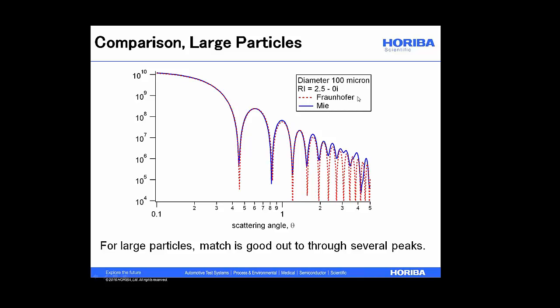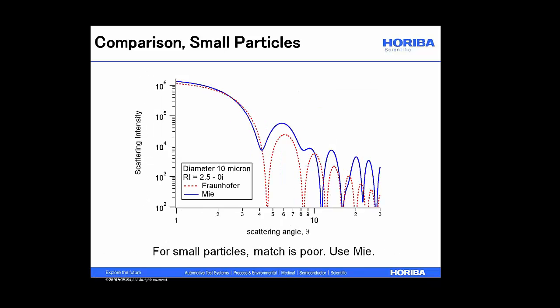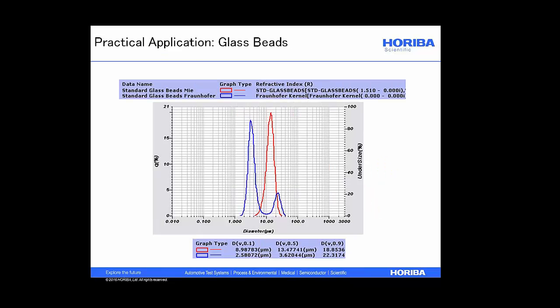Quick comparison of Fraunhofer versus Mie. Works quite nicely at 100 microns and for angles up to about, let's call it 1.5 degrees or so. If I go to 10 micron particles, the initial peak position might be okay on a good day if you're not looking very closely, but the match is not very good at all. Does this matter? Absolutely. If you're using glass beads and you expect a size of, well, the neighborhood of 15 microns, is actually they're 13 micron beads,